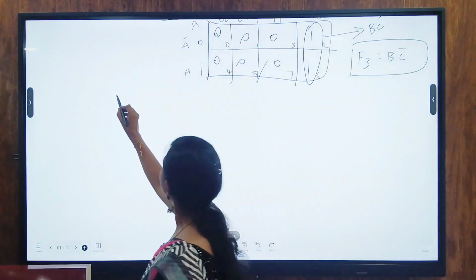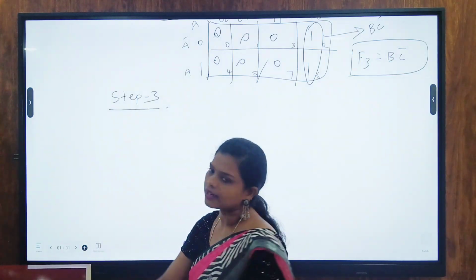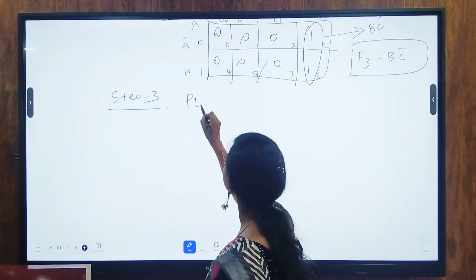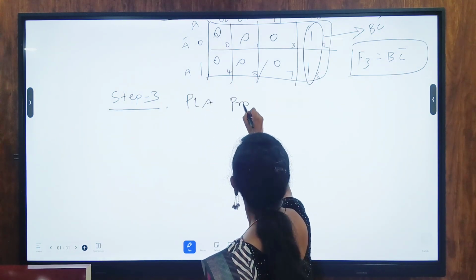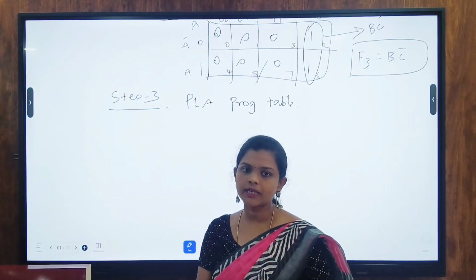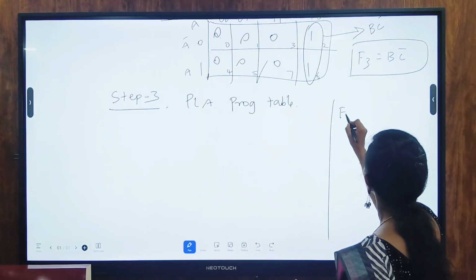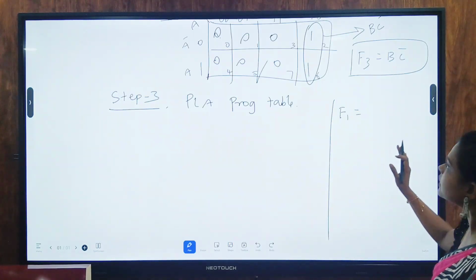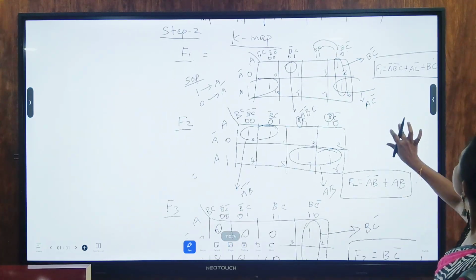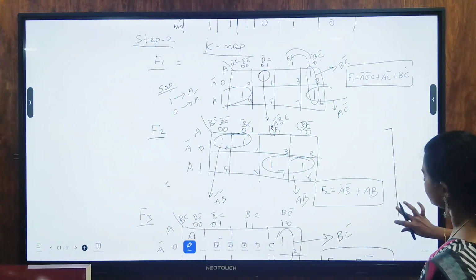Step 3. Step 3 is we are going to construct a PLA program table. For the PLA program table, first what I do is, beside, I will write F1, F2, F3. F1 equal to A bar, B bar, C plus